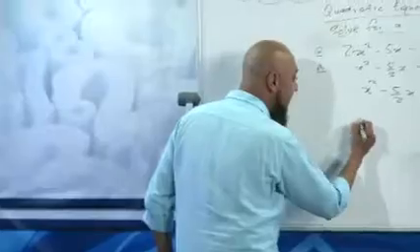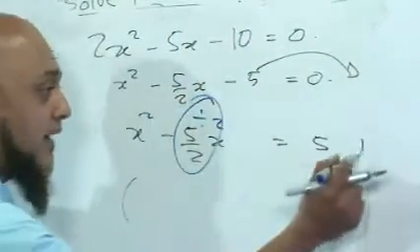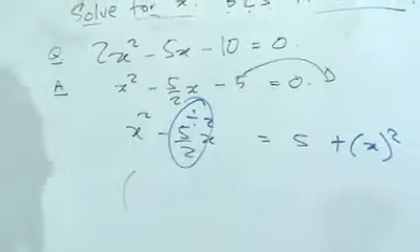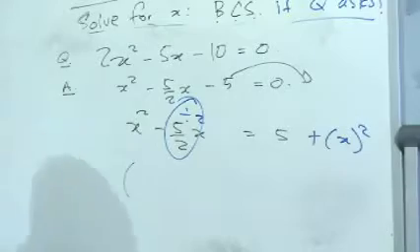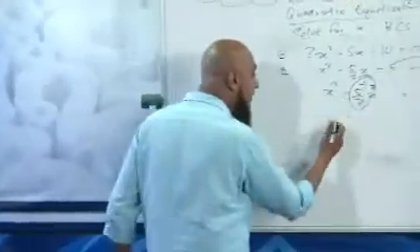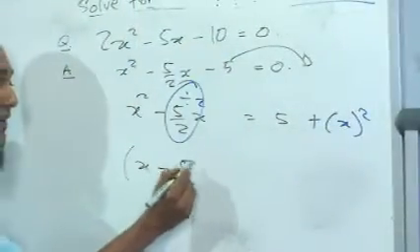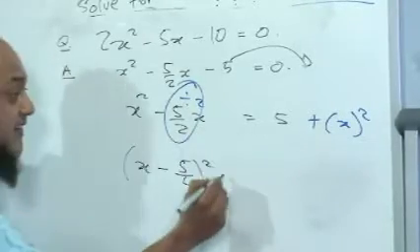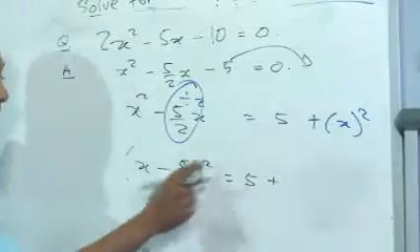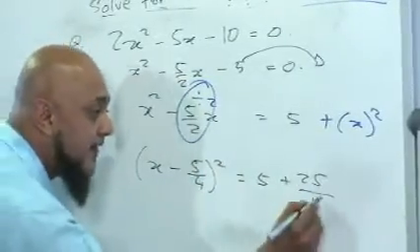So let's go back. What did I say? What's the rule? Divide by 2 plus x squared. The only difference is here you are working with fractions. That's the only difference. Don't be afraid. And if you still don't know fractions, you've got your scientific calculators. Use your fraction key. So x squared, x, minus 5 over 2 divided by 2 is 5 over 4. Don't ask me where I got that from. Use your calculator. Is equal to 5 plus this whole value squared. 5 squared, 25. 4 squared, 16.